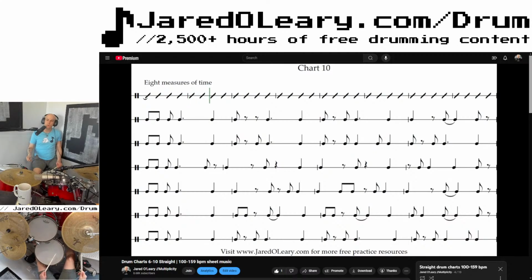So this is my wife's kit, but we got my pedal on it. She's got her double bass pedal on my drum kit over on the other side of the room, but I might get the double bass version of this pedal.